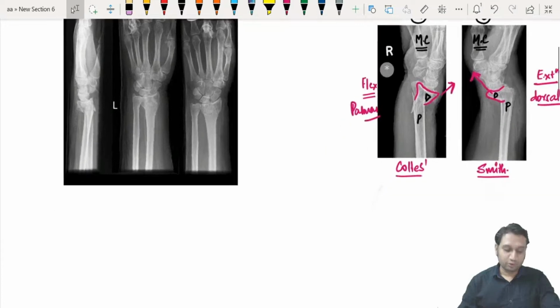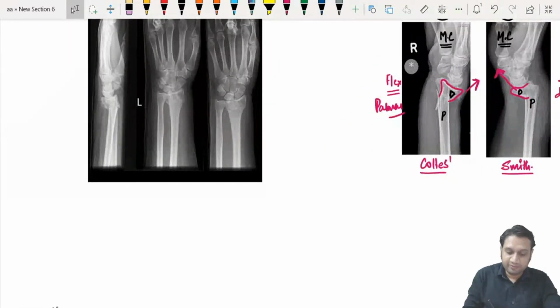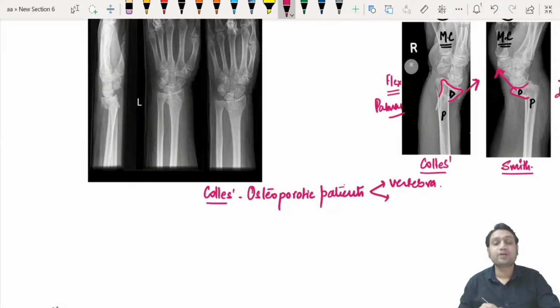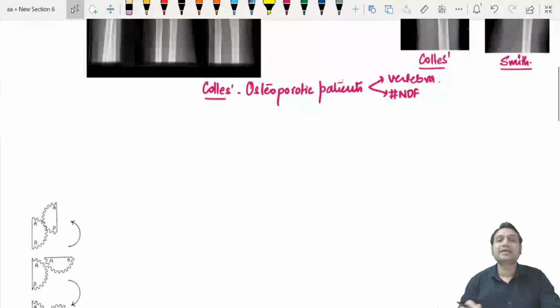Now you know that the Colles fracture is seen in which category of people most commonly? Colles is a fracture which occurs most often in osteoporotic patients, isn't it? So Colles is one of the commonest fractures of osteoporotic patients. And what are the other fractures which are common in osteoporotic patients? The commonest remains the fracture of vertebra, the second commonest remains the fracture neck of femur, and third one, Colles. And why in osteoporosis do we get these three sites injured? Because these are cancellous bones, right? So they get injured easily.